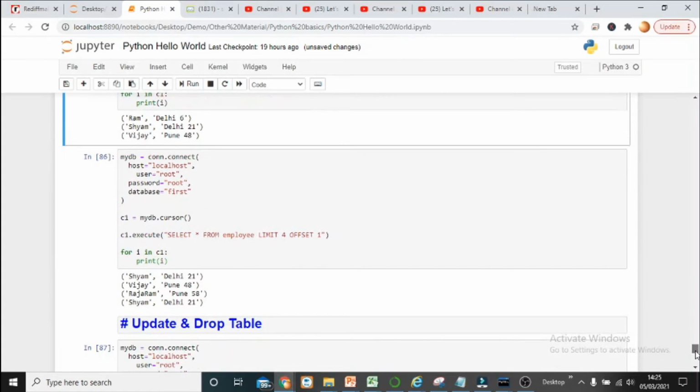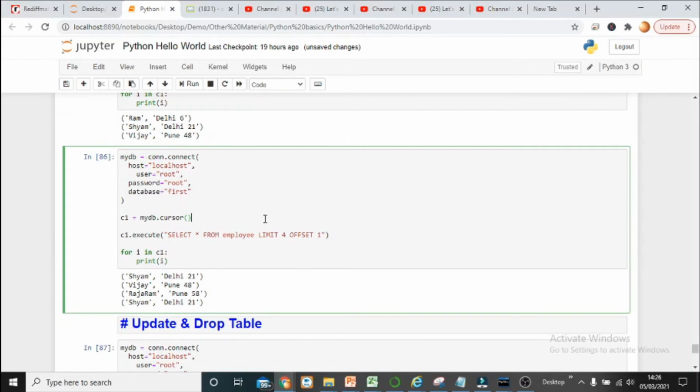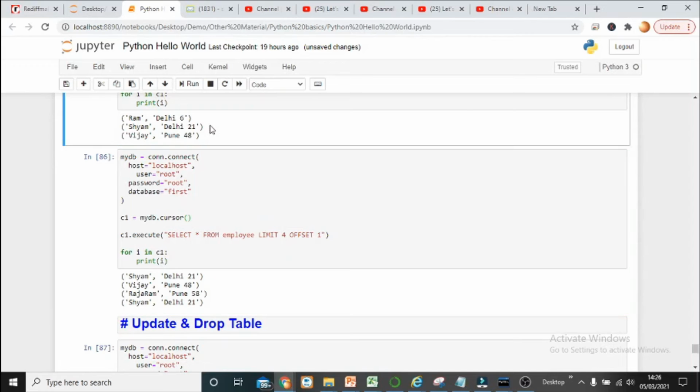Now the next thing is, if you do not want to extract the top 4 records, or the top n records, and you just want to select n number of records starting from a specific location. Let me show you another example.